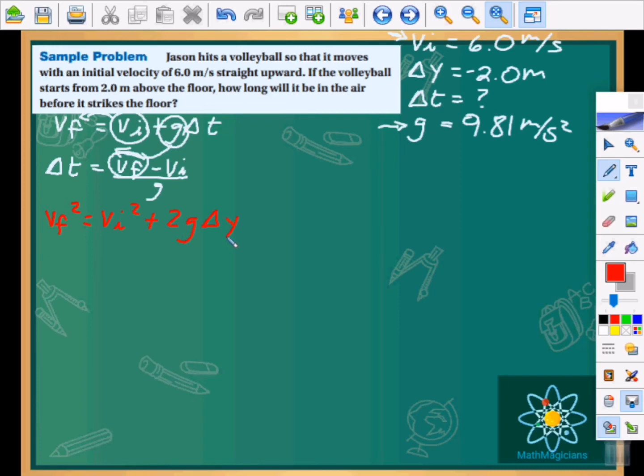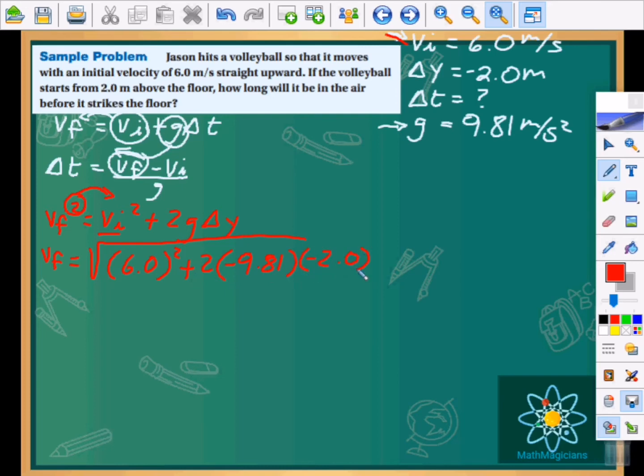If I isolate for final velocity, I send the square to the other side as a square root. My final velocity is equal to the square root of, what is your initial velocity? It was given here. It says that it's 6.0 squared meters per second